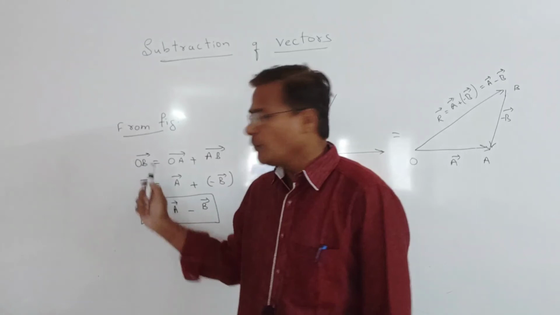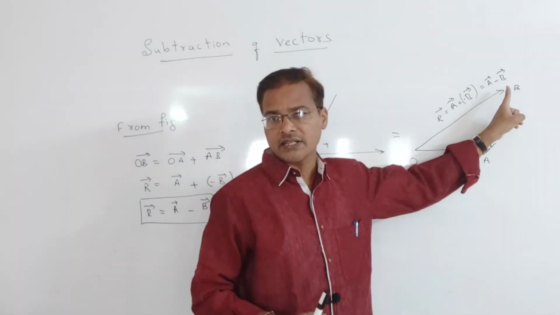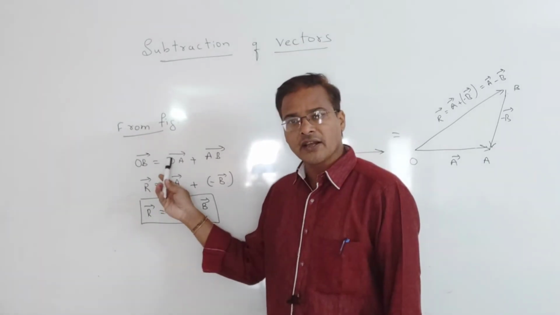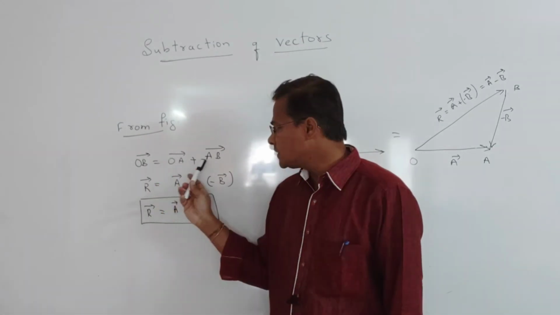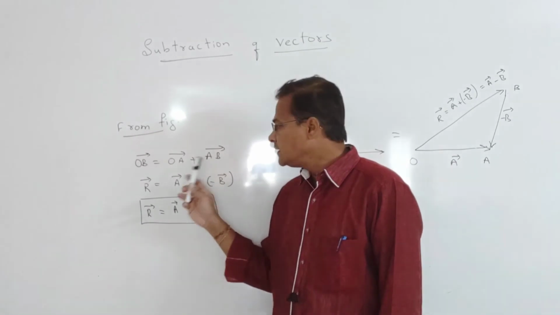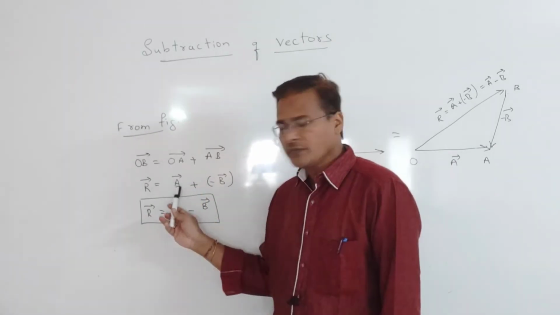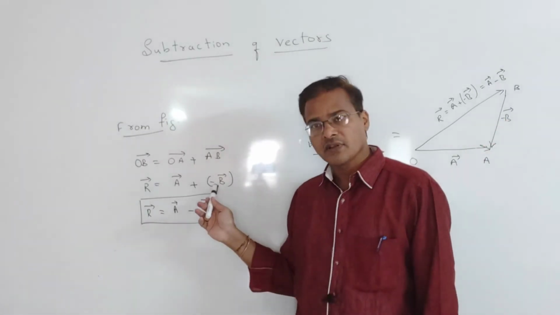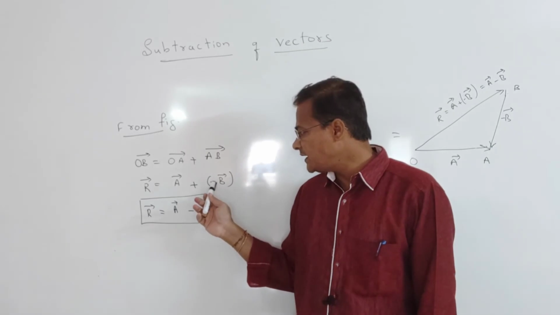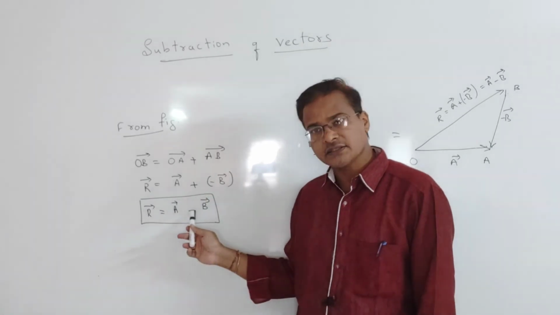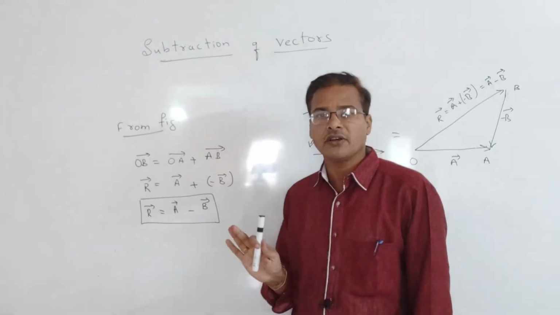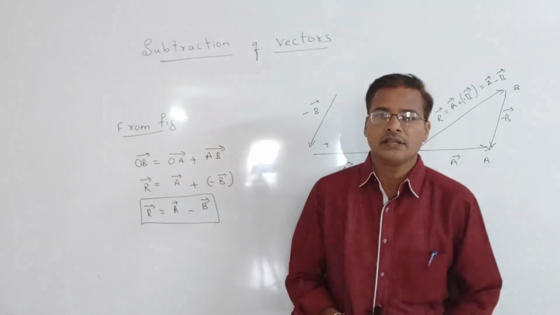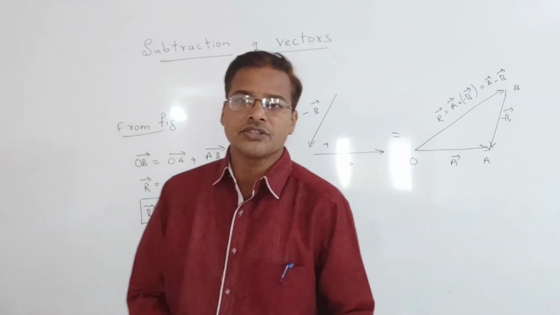Now listen, OB vector, O to B vector, is the resultant vector. OB vector we have taken equal to, according to triangle of vector addition, OA vector plus AB vector, we have written it. So here OA vector is A vector plus as it is, but here B vector is minus because of the direction. So that is minus B vector, plus into minus is minus. A vector minus B vector we have got. Followed? Any doubt?